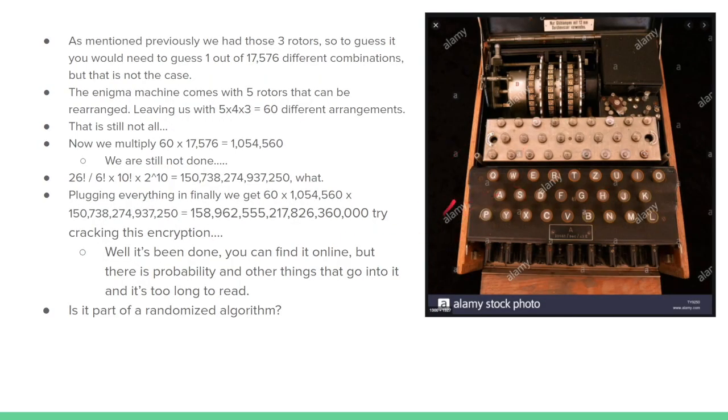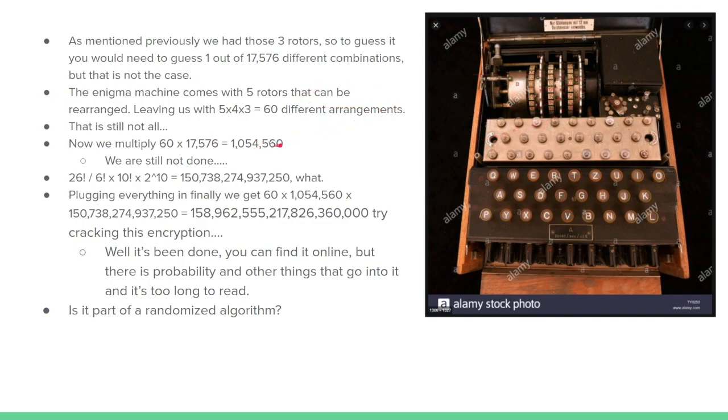But that's not all. Since you're able to do that, you have the options of 5 times 4 times 3, like I said earlier. So we have to take that into account. That's about 60 different arrangements just for the rotors themselves, because you have, let's say, this rotor to this rotor, this rotor to this rotor, just different combinations all around. So now you have 60 times 17,576 for the different combinations for just letters and rotors,